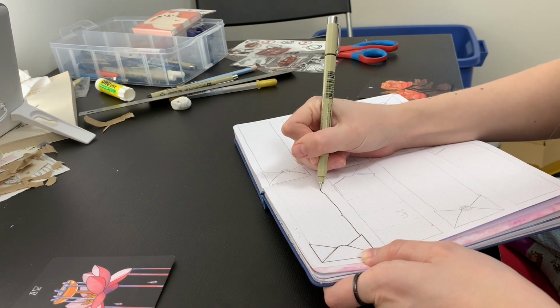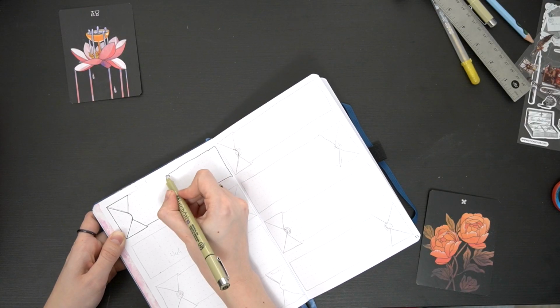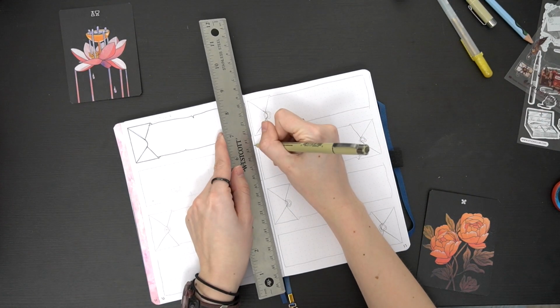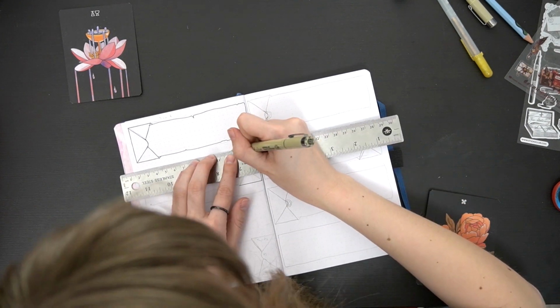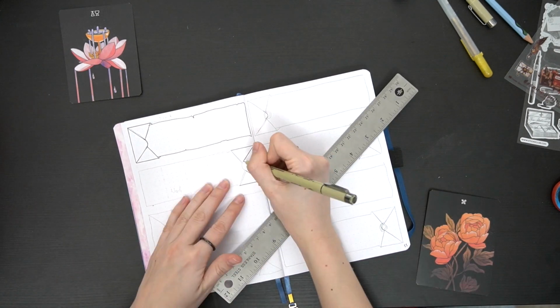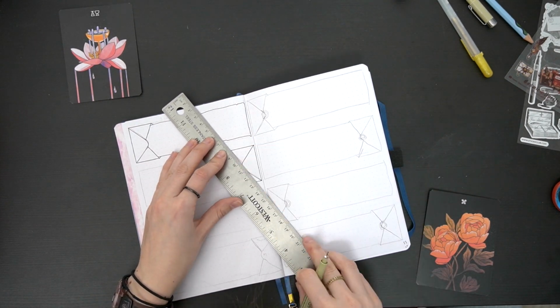I'm actually really happy with how this looks because it's a little more interesting. There's some stuff happening, it's got a theme, but it's also still very functional. I still have lots of room to write out the things. I made the envelopes small enough that they didn't eat up a whole bunch of space, but they still look more or less proportional. And I used my ruler to get the edges of the envelope really straight and nice,